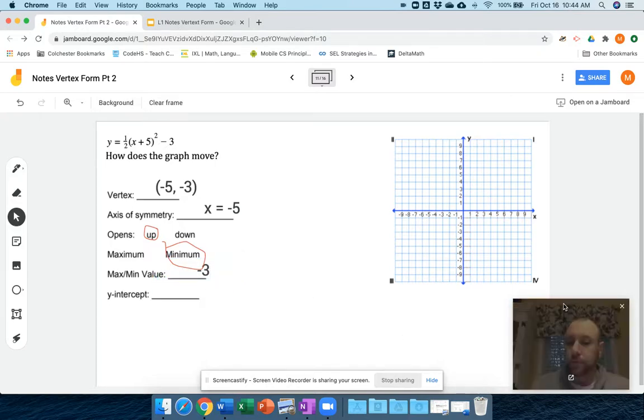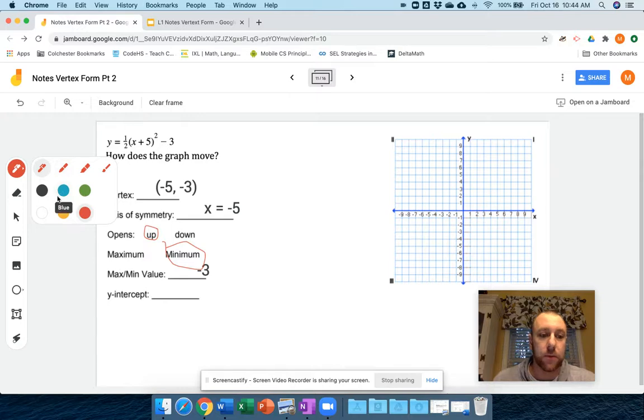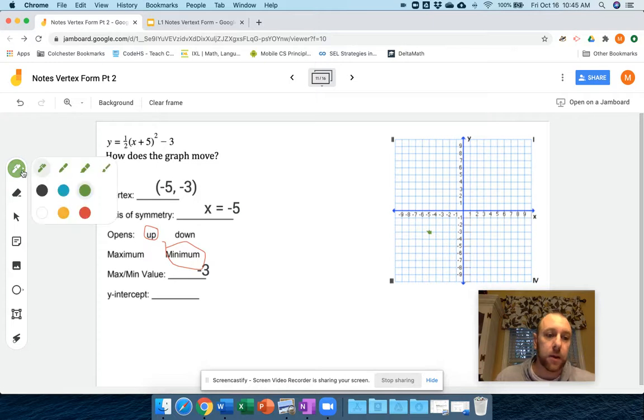So what I'm going to do is I'm going to plot points. So first step I'm going to do is I'm going to plot my vertex. So my vertex is -5, -3. So -5, -3. I'm going to plot that point right there. Okay, I'll try and make that nice and big. All right, so now,